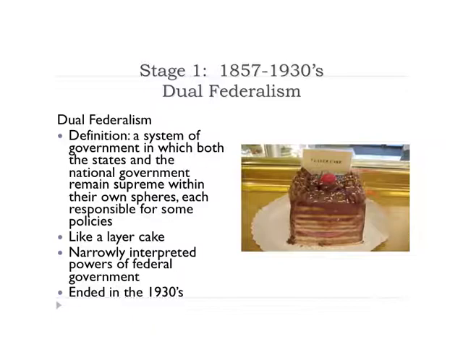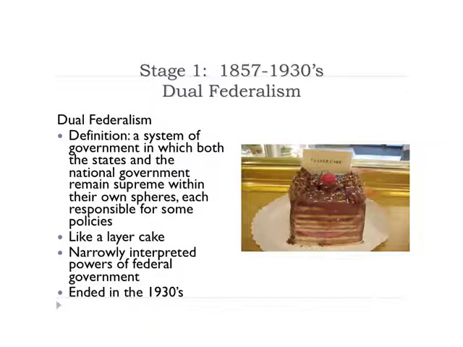Dual meaning two. And the definition here would be a system of government in which both the states and the national government are supreme within their own spheres. So, look at it like a Venn diagram. You've got that concurrent, and there are some concurrent powers, but for the most part, the national government has power over what's in the Constitution, and the states have power over what's not in the Constitution, and there's not a whole lot of overlap. They're really going to hold the line.